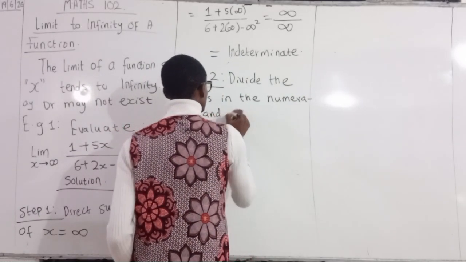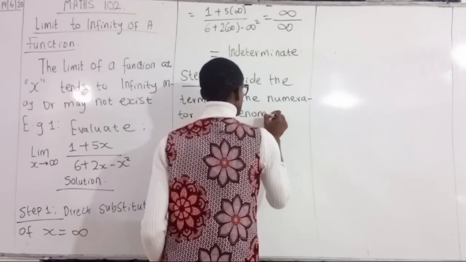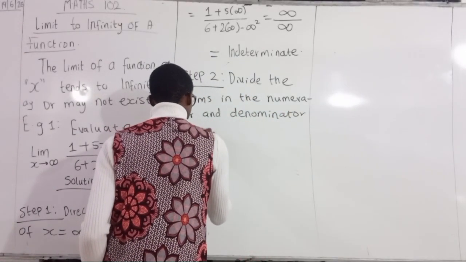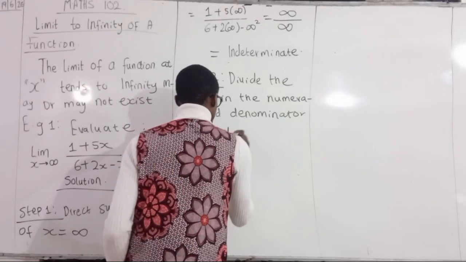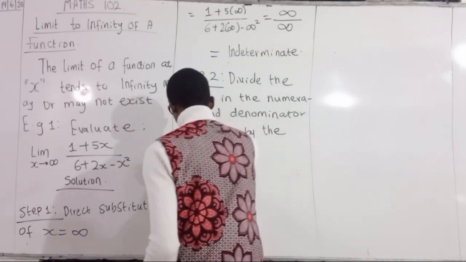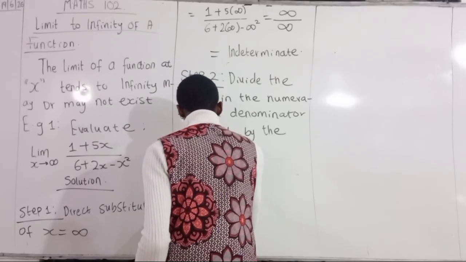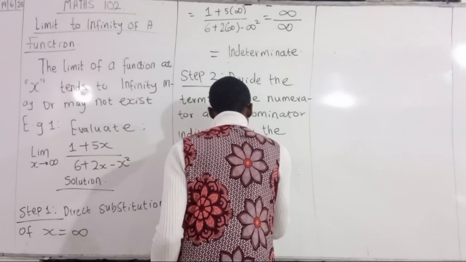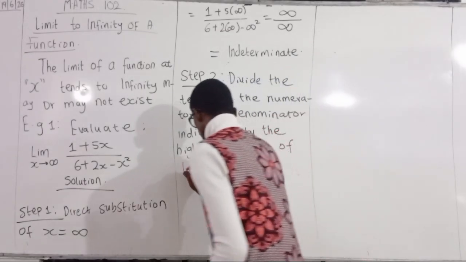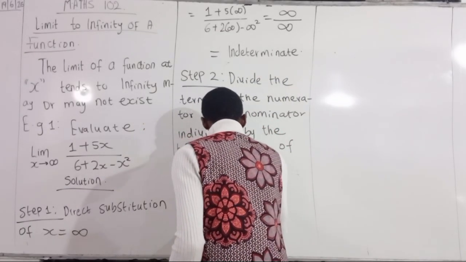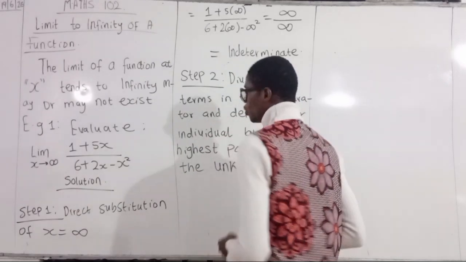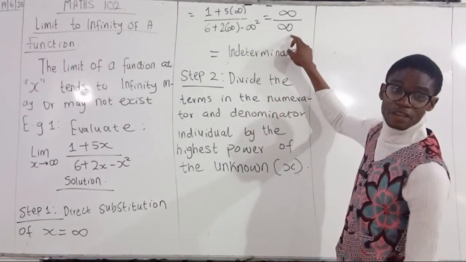and denominator individually by the highest power of the unknown. What is the unknown? X. So what it means is that when you have seen that this is giving you an indeterminate form which you can't solve,